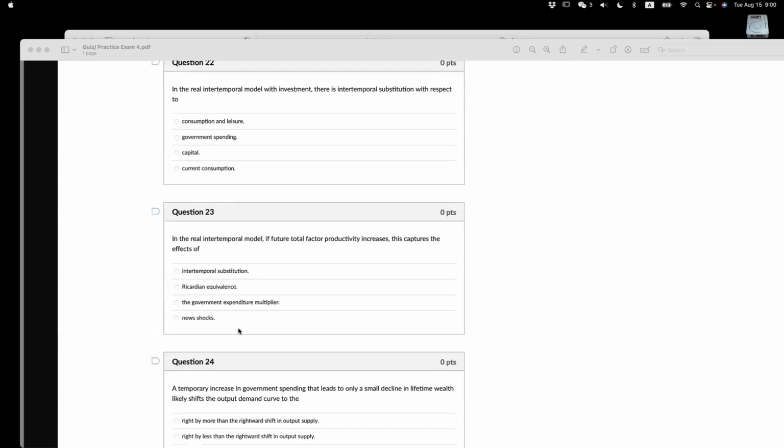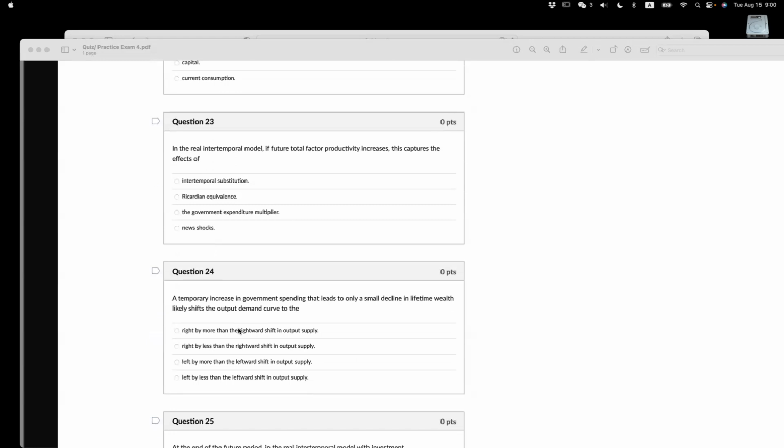Right. Question 23. In the real intertemporal model, if future TFP increases, this captures the effect of, the answer is D, a news shock, right? So this is about the future, how you perceive the future. And the change in future TFP is going to have an impact on investment. And certainly that's going to affect your decision on consumption and maybe labor supply and labor demand, as we discussed